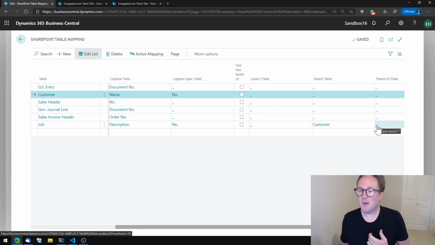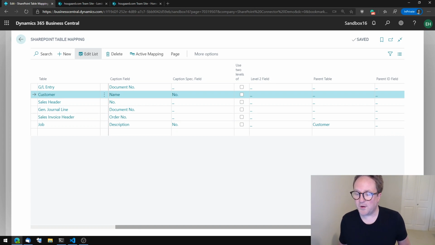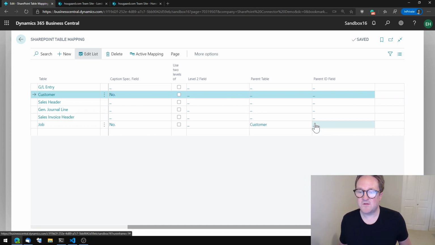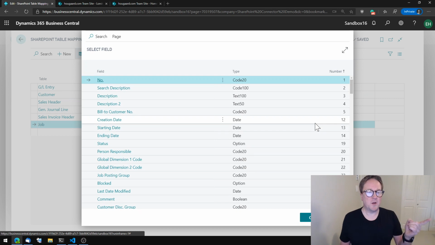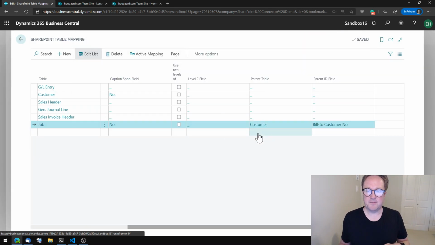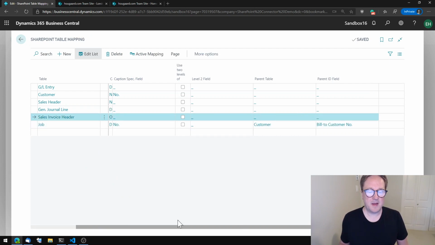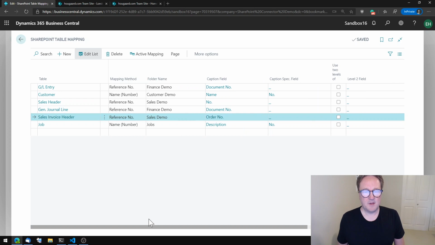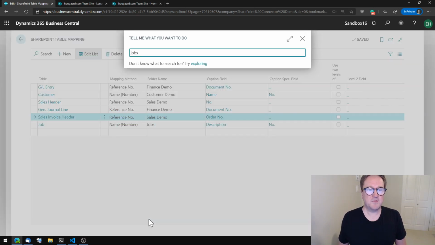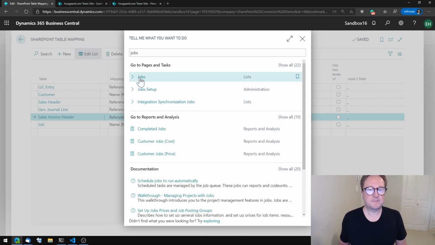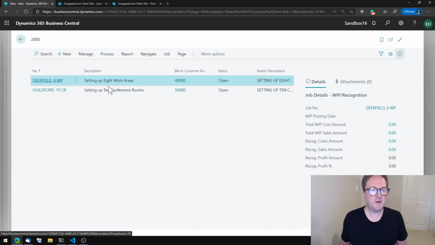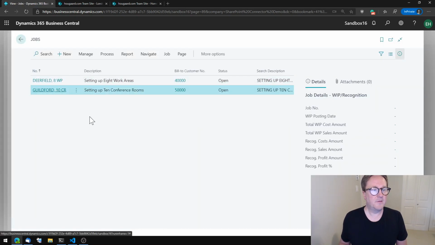folder for each job. The only thing we're missing for this to work is that we need to tell what field on jobs will find the right customer. In this case, it's bill-to customer. And there we go. So now we can also map jobs. So if I go into jobs, find a job here, the Guildford,